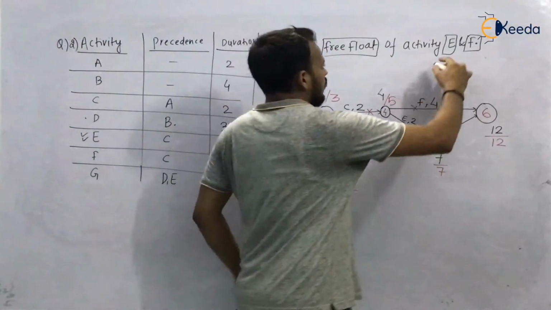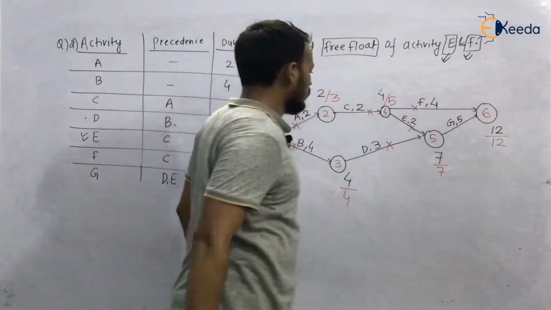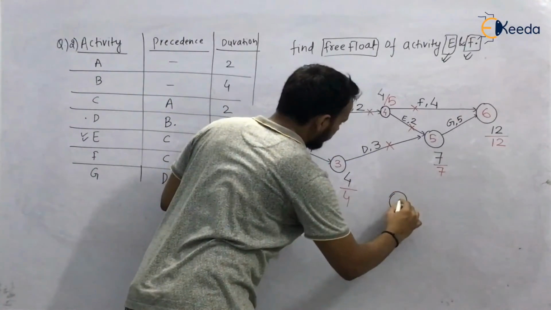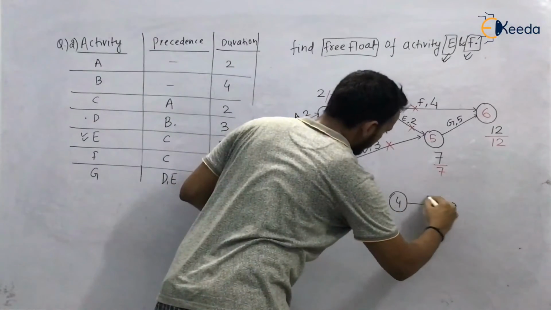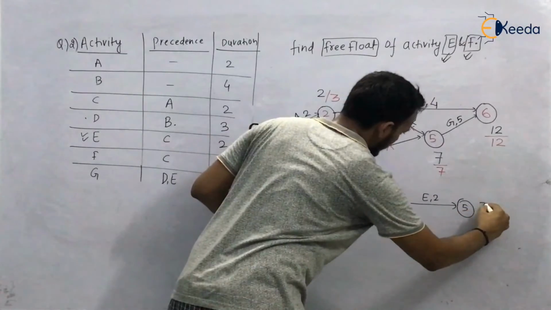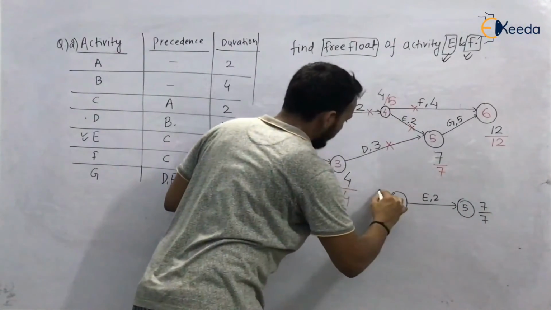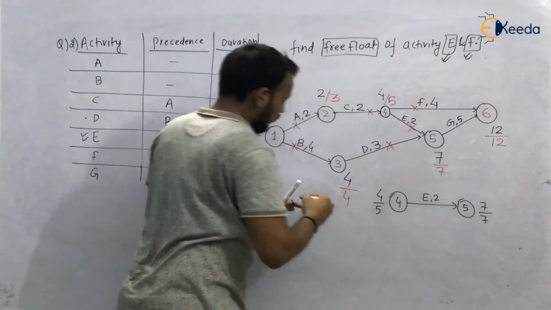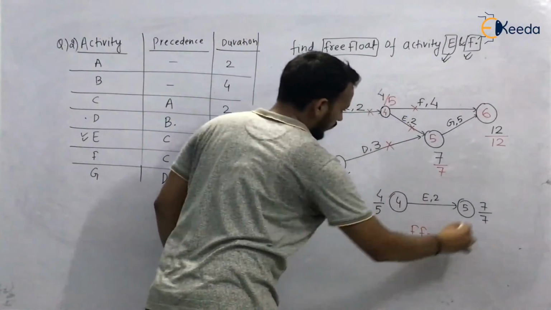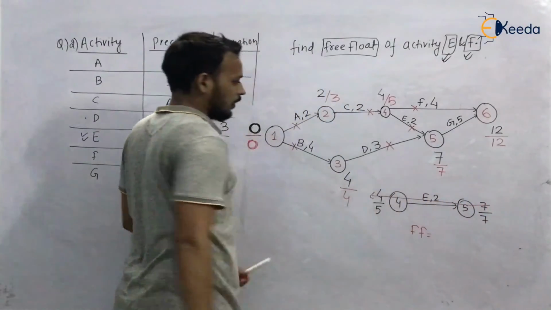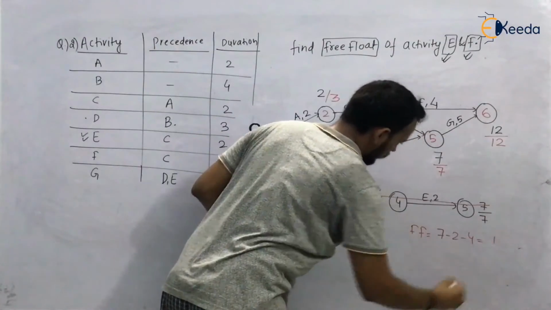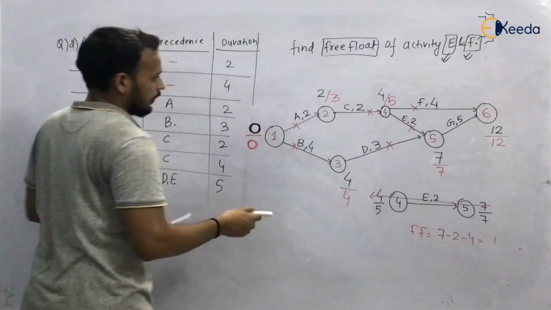Now we have to look for activities E and F. So take out activity E and F. It is 7 upon 7 and it is 4 upon 5. We have to find free float. So free float, you know, is the difference of the early times. So 7 minus 2 minus 4, it is 1. Okay, and for F,